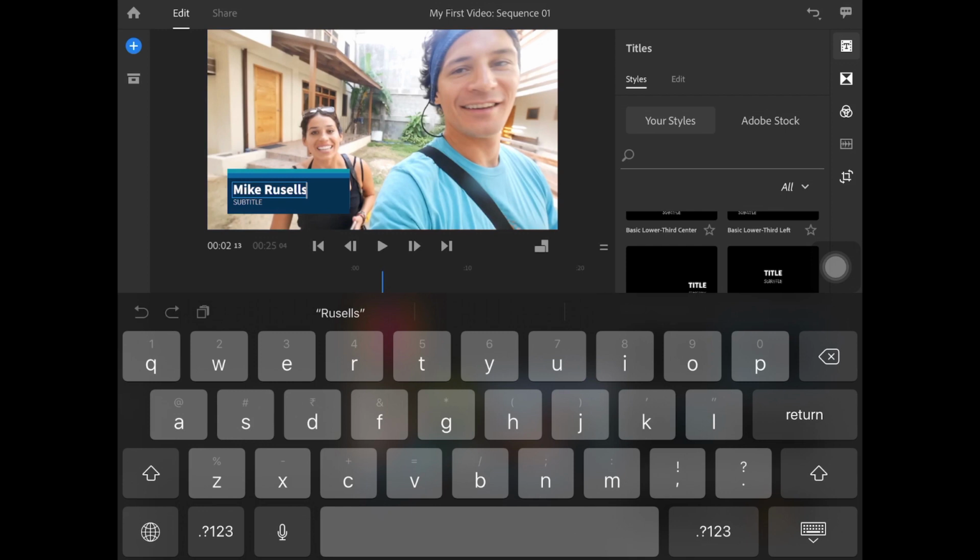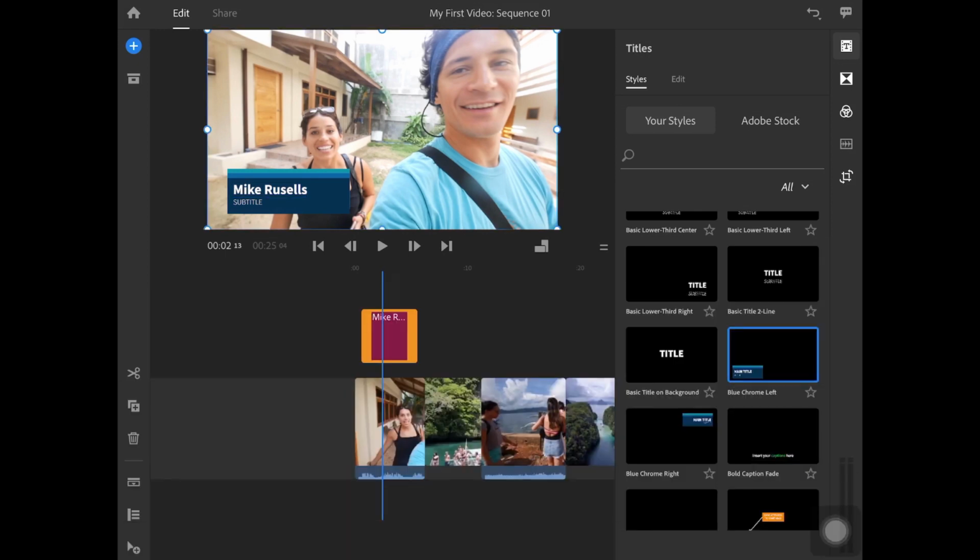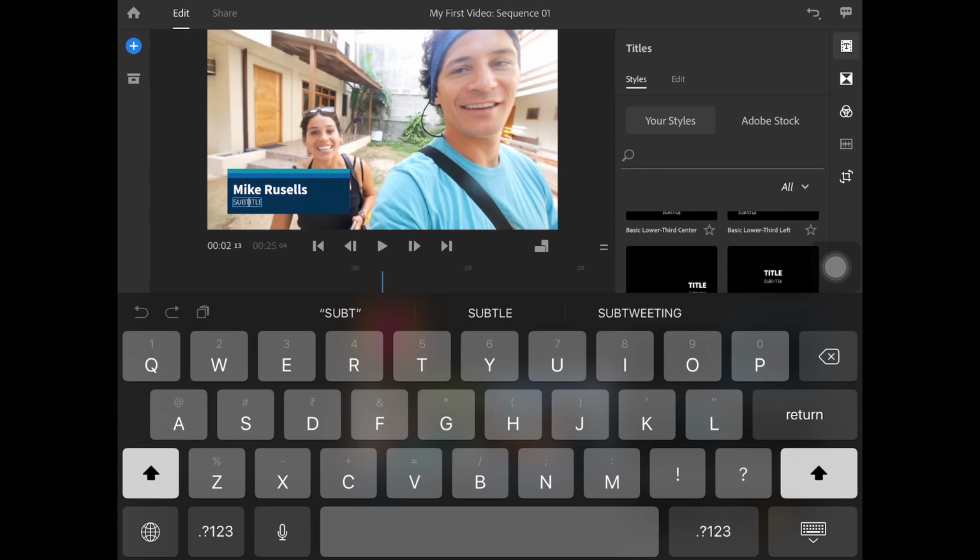Typically, for this to happen, you would edit the text part in a different software, bring that text into your video editing software, and then finally do the export or rendering. This is a very cumbersome process. This is what professional editing looks like actually. But you're a creator, you don't have to do all the headaches, juggling between multiple industry grade softwares to achieve this. You can just simply double tap and write. So who is Mike Russells? He is a global traveler.